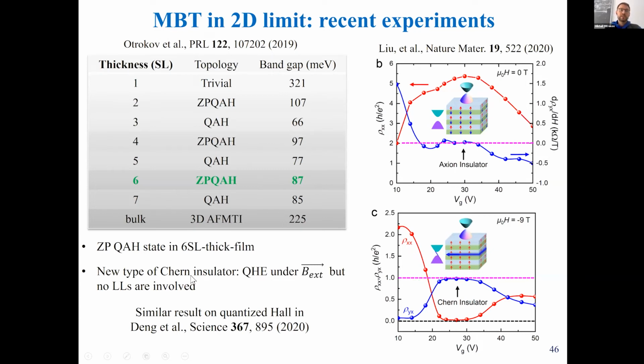Actually, this is a new type of Chern insulator because it shows a quantized Hall effect. It is better to say not quantum, but quantized, although it's quantum in origin, to not confuse it with von Klitzing, right? The quantum Hall effect, we typically refer to the result by von Klitzing and co-authors. Here it is a quantized Hall effect under external magnetic field, but with no Landau levels, in contrast to the von Klitzing quantum Hall effect, let's say. And similar results on the quantized Hall effect are reported here,